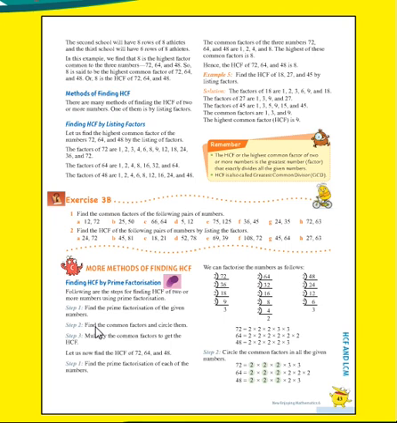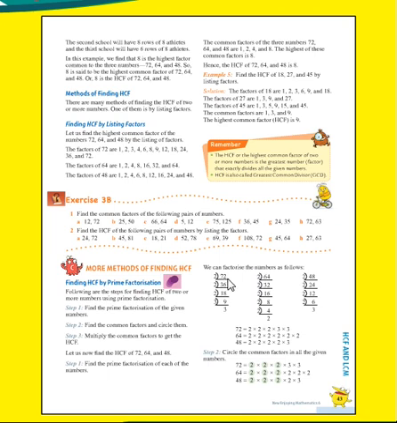Okay. Now we'll start our question. Let us now find the HCF of 72, 64 and 48. We'll find the HCF of all these three numbers. Okay. What do we have to do here? Our first step is to find the prime factorization of each of the numbers. Here first we have to find the factorization of each of the numbers 72, 64 and 48. Okay, we can factorize the numbers as follows.